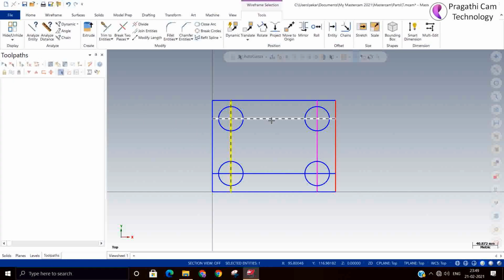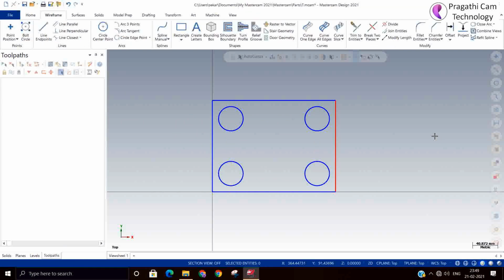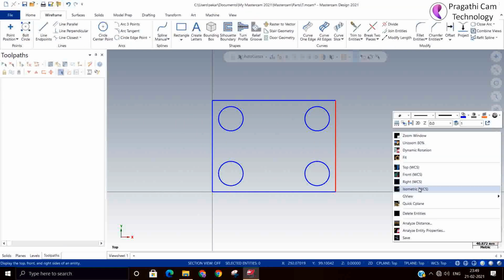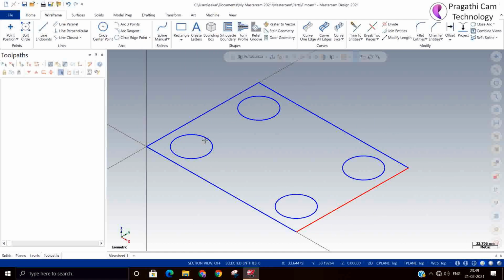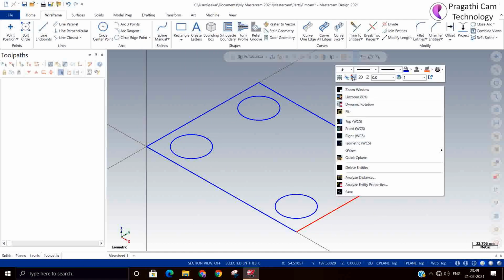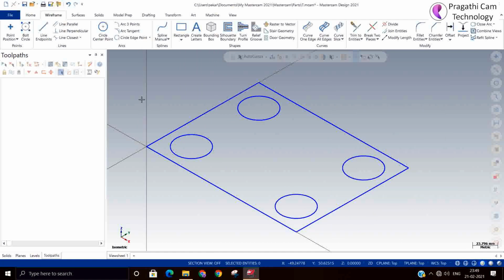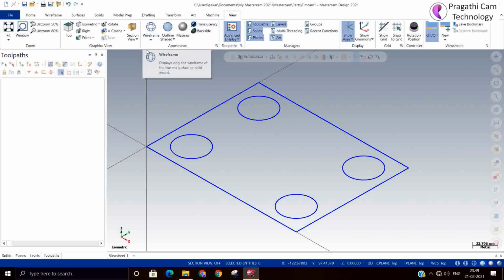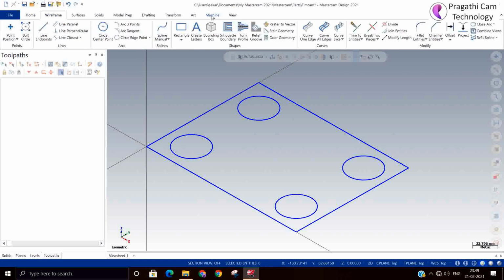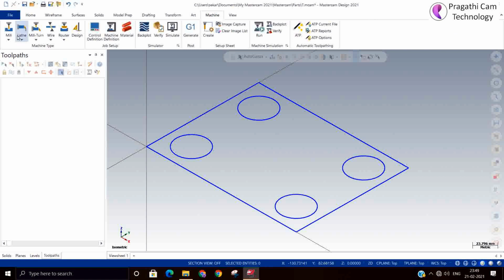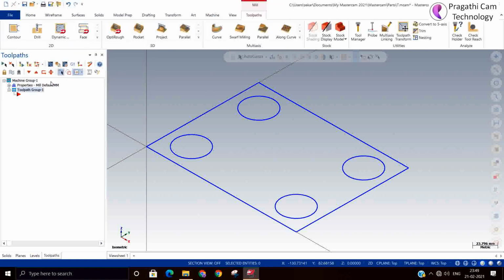The advantage of this tool is you no need to take a boring bar. If you take a boring bar, a lot of work is there. You need to adjust the boring bar exactly. All the things you need to take care of in the boring. But in this case, we are not going to use the boring bar. We are going to use the end mill only, and with the end mill, we are going to do the boring. Nowadays, tool room people are doing boring directly with milling cutters.